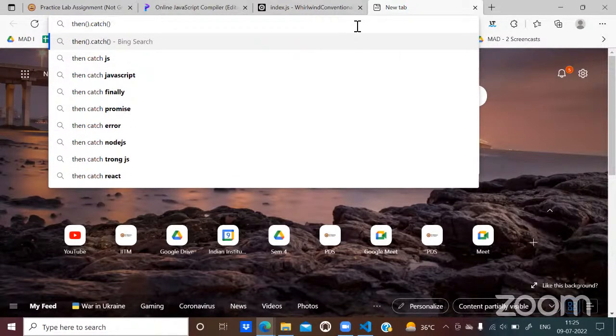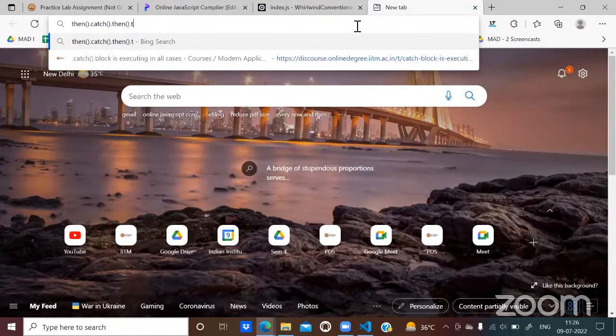Then a catch. I hope it is readable, right? Yes, sir. Suppose the promise got resolved. So the message will come to this first then, assuming that this then is just taking care of the fulfillment of the promise. Now, while handling the fulfillment, you wrote something wrong, and it resulted in an error. And since it resulted in an error, this catch is going to take care of that error. Is it true?